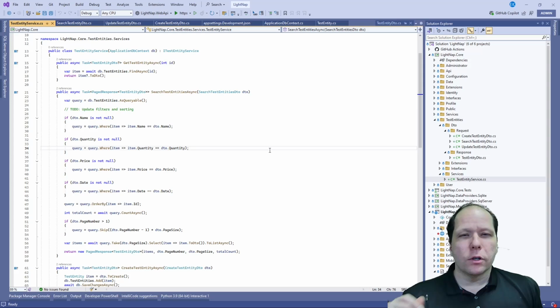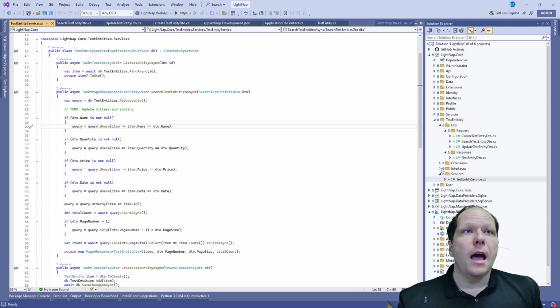And this scaffolder is very specifically for this LightNap project. So it goes a lot further than a generic scaffolder could, but it also can't really be used anywhere else. So just to set that expectation out of the gate. And things like, for example, the name search is an exact string match for the name. You'd probably want to update that with your code, but the idea is this at least gives you somewhere to